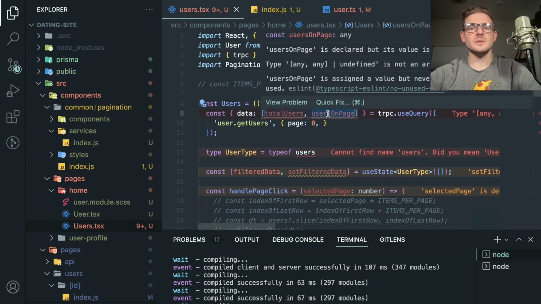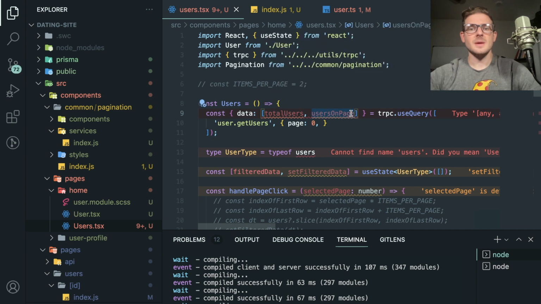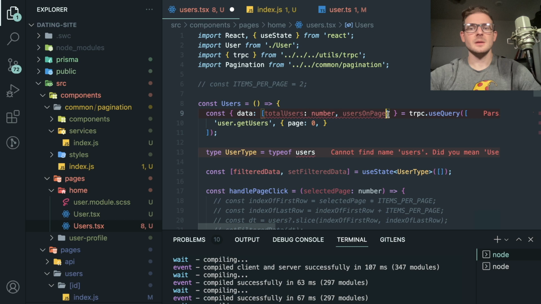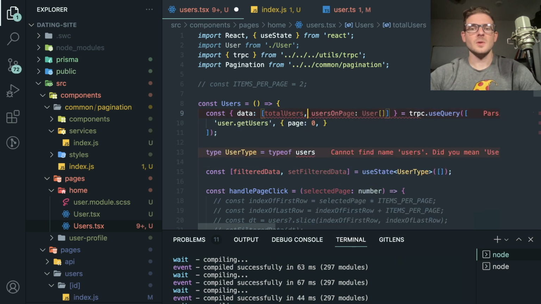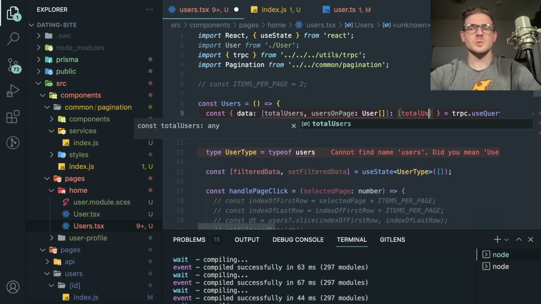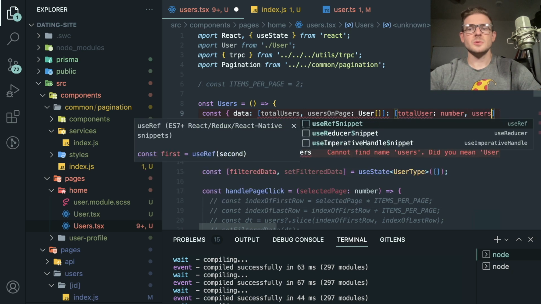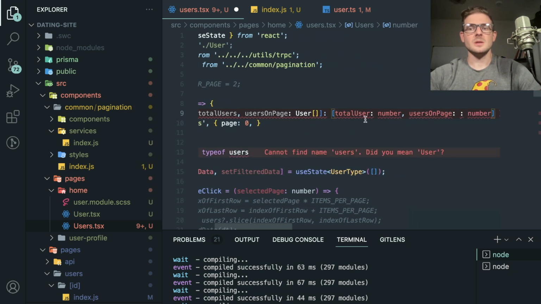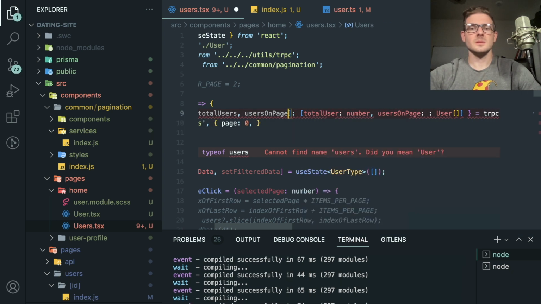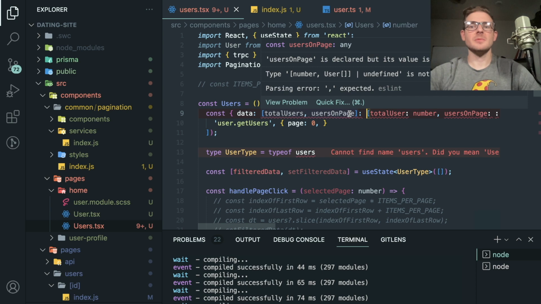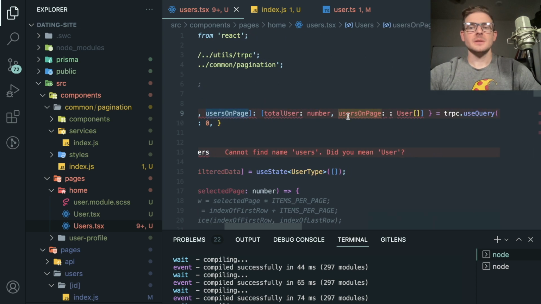So we kind of have total users and users on page. Just rename that a little bit. But let me make sure. I might have to type this some, maybe. Like this needs to be a number and this needs to be like a user array. Okay, I'm doing this wrong. Hold on. Total users is a number. Users on page is a user, like that. Users on page is read but never declared. All right, so